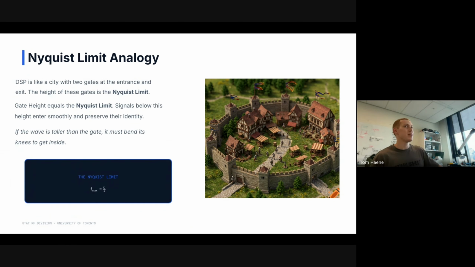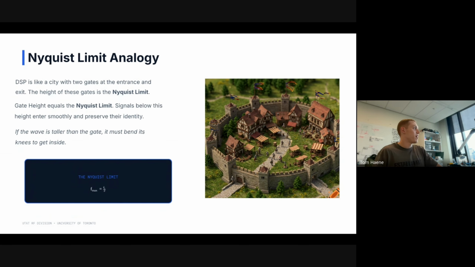So now let me take this analogy further. I want you to imagine people and their height being the frequency. So you have a bunch of people walking in, a really short person walks in, they get through the gate. It's awesome. They go around the city. We do some processing on them. Don't ask questions. Then they leave. Okay, and nothing happened. Like the gate never bothered them. The Nyquist limit never was a problem to them. But if someone walks in who's too tall for the gate,